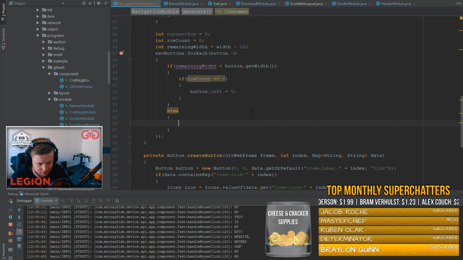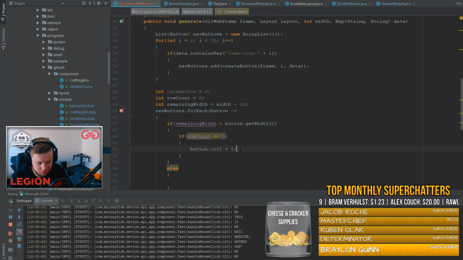I might be able to get away with it. Button left equals 5. Dot top equals